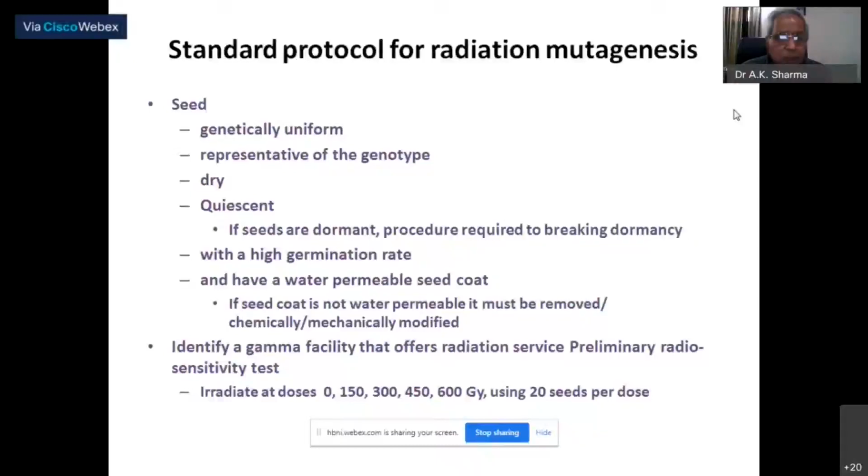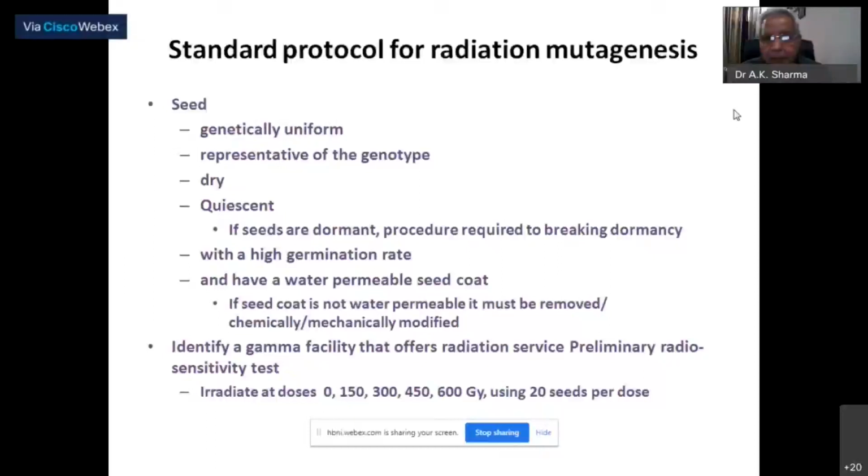You can break the dormancy and then use them for mutation or for mutagenizing. Also, there should be a good germination rate. Many times, some seeds have a very poor germination rate. I don't know what exactly is behind this, but inherently the germination rate may not be 100%. It will always be something like 80%, 90%, sometimes even lower. So you should know what is the germination rate of the seed material that you have started with,